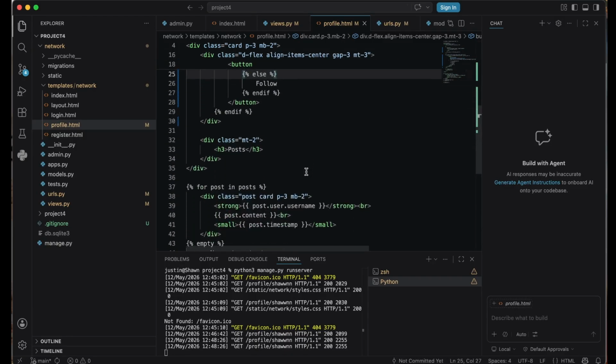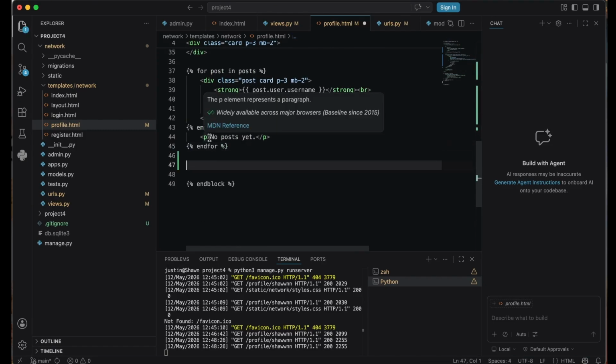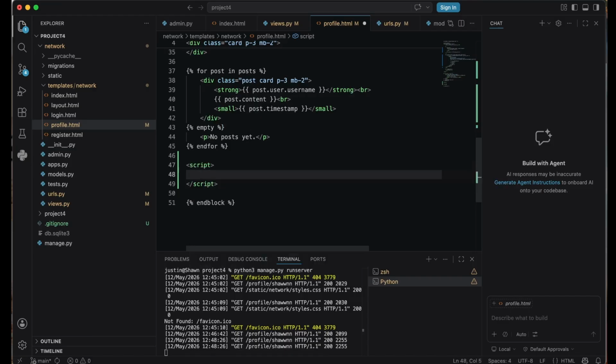And since we're gonna execute our JavaScript code, we need to reference it somehow. So right now, since we're still using minimal JavaScript, we're gonna inline the JavaScript into our profile HTML. Later on, if our code gets big, we're gonna separate this JavaScript into another file. But for now, inline JavaScript will do the work.